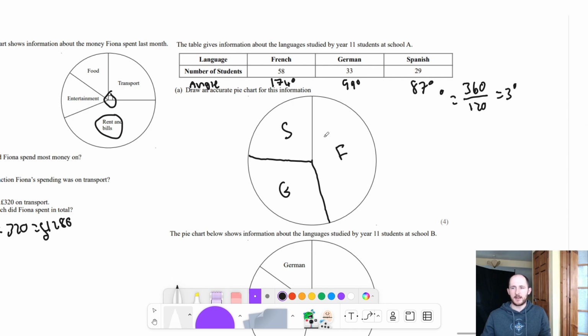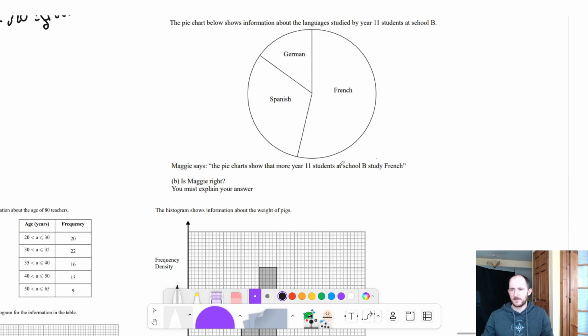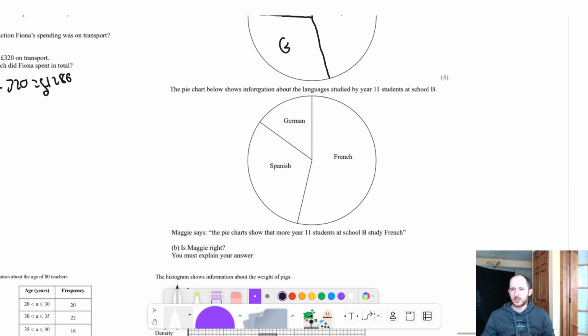You need to be very accurate. But remember, your 0 line is just the line that you've just drawn, starting from this line. So 0 is here, then you move it over to here to draw German even, and along here to do Spanish. Now, if you look here, the pie chart below shows information about the languages studied by Year 11 students,